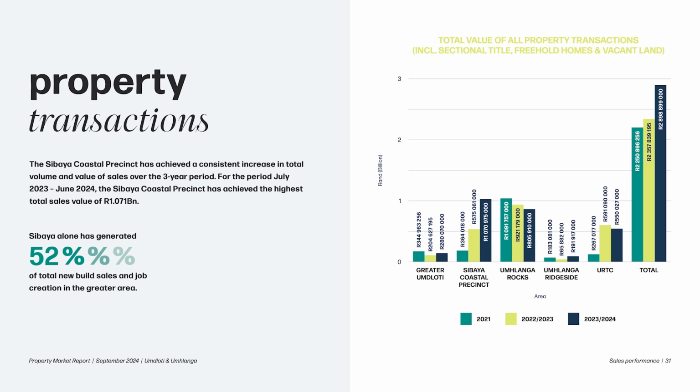Umhlanga as a whole in the last 12 months has done 2.9 billion in transfers at an average transaction value of 2.9 million, whereas Umdloti is about half of that, and that is Umdloti and Sibaya combined, at about 1.4 billion, but at a higher average transaction value of 3.4 million. But if you isolate Umhlanga Rocks on its own, in the last 12 months it did 806 million in transfers, whereas the Sibaya Coastal Precinct did 1 billion on its own in transfers,